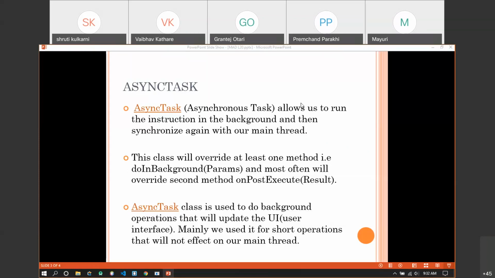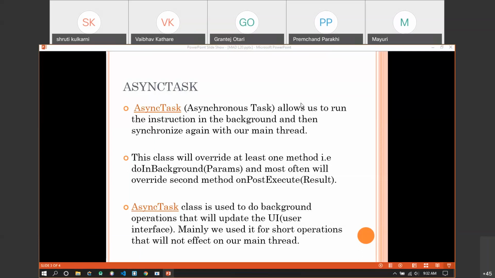It has three important methods. The first is called pre-execute, the second is called do in background, and the third is called post execute. As you can see on the presentation, we have written only two methods, do in background and post execute, but there is one more additional method, called pre execute.